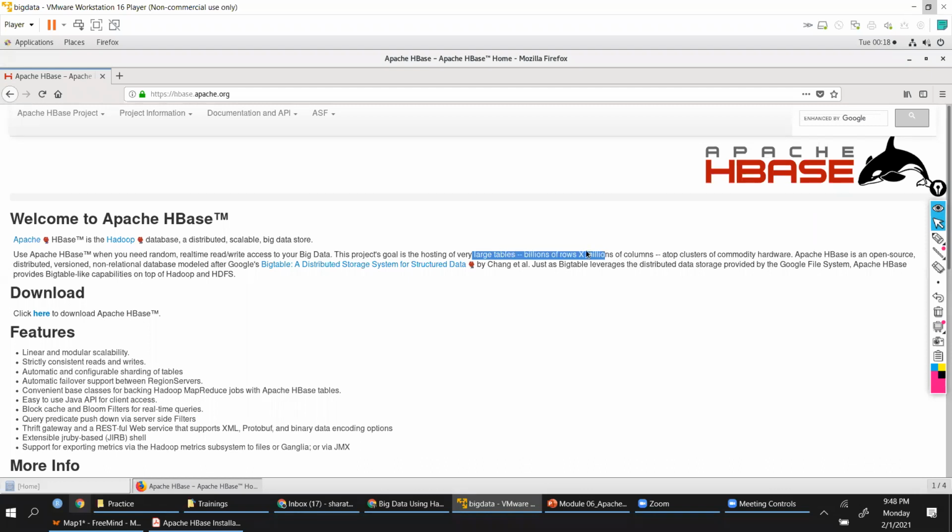Very large tables, billions of rows and millions of columns, can be managed using HBase.